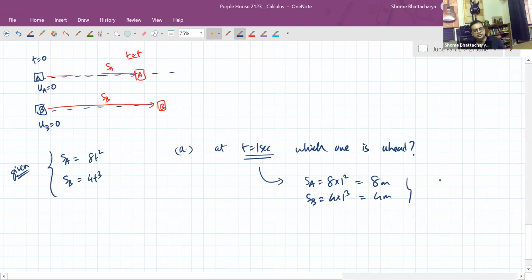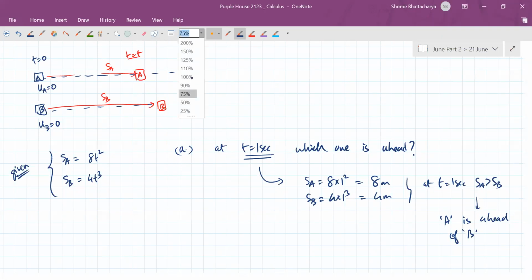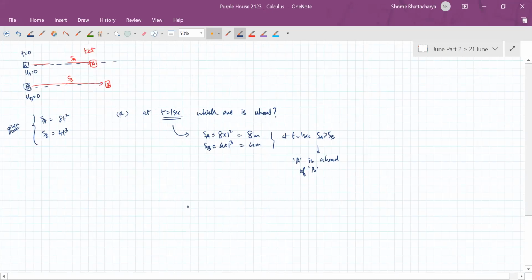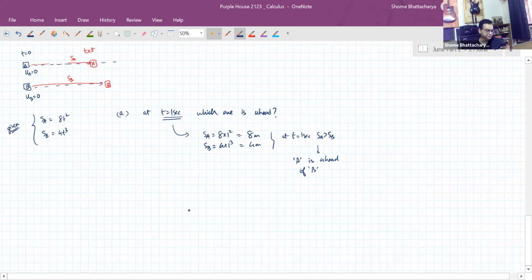So at this instant, you can see that at t equal to 1 second, SA is greater than SB. So that means A is ahead of B. But suppose we had checked at t equal to 2 seconds or something, we might have got a different answer. So we'll come back to the B and C part, but if we want to check at t equal to 2 seconds separately, we can see that